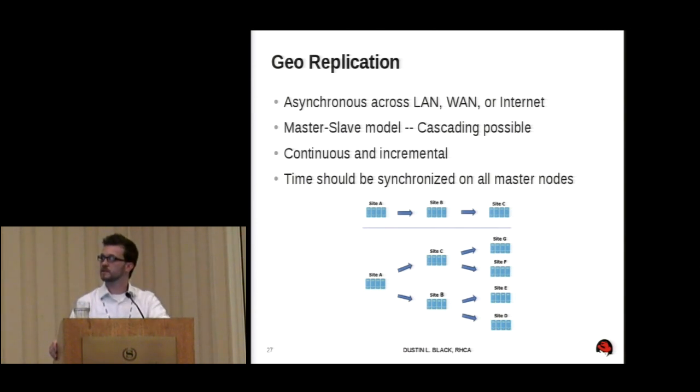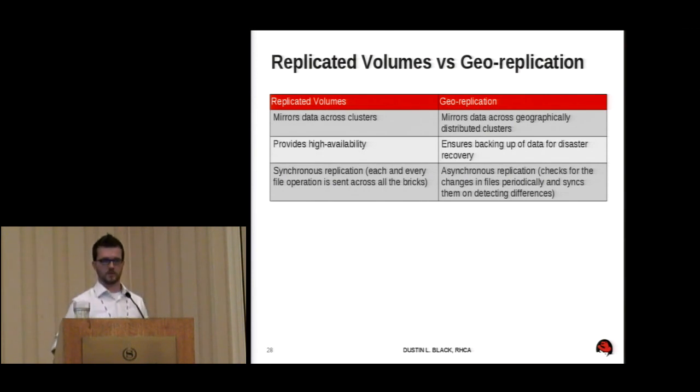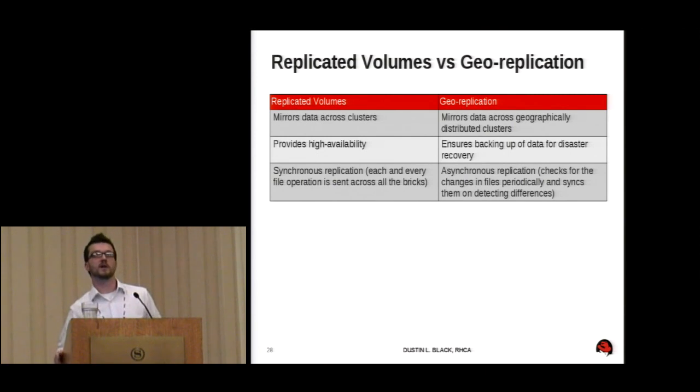But that's the basics of this, that we're taking our data and asynchronously pushing it out to a remote site. If you need to recover that data, you're going to be going through a manual process as it is right now. You do have it nice and clean sitting on your remote site, but there is no way currently with Gluster to replicate that back. There's no two-way replication yet. That is something that's being planned.